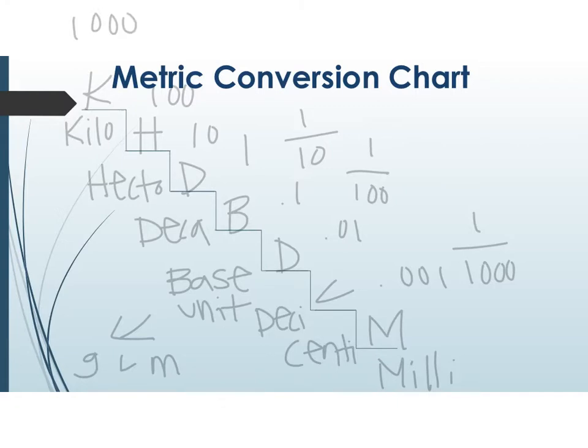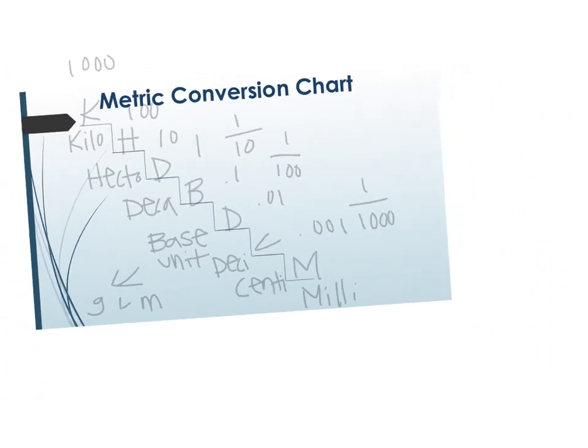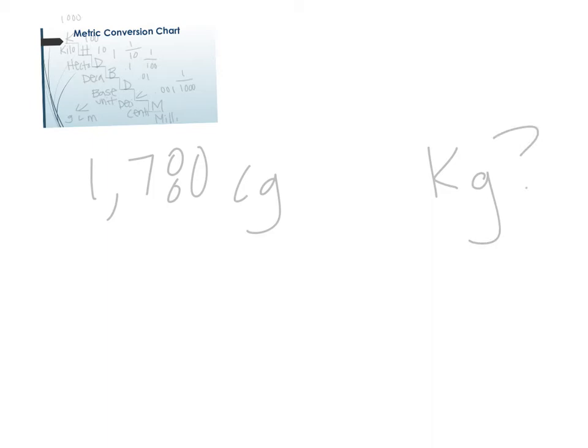So this makes our life so much easier when we go to using these units in math, because we can simply move the decimal to make a conversion, and I'll show you what I mean. So let's say I have 1,780 centigrams, and I want to know how many kilograms that is. Well, if I look at my stair step of King Henry died by drinking chocolate milk, then